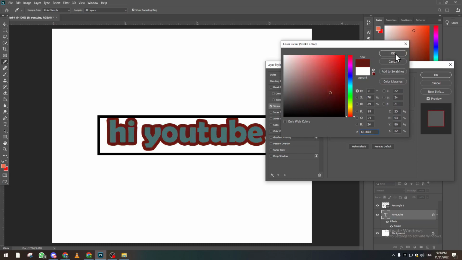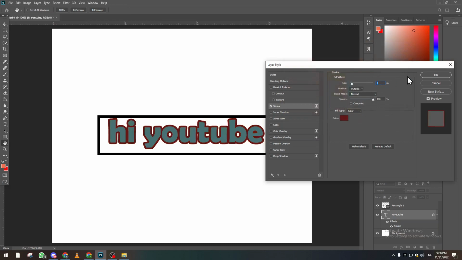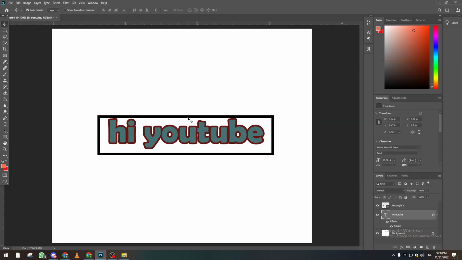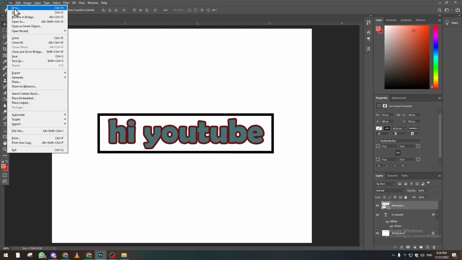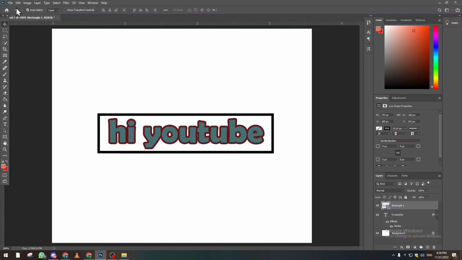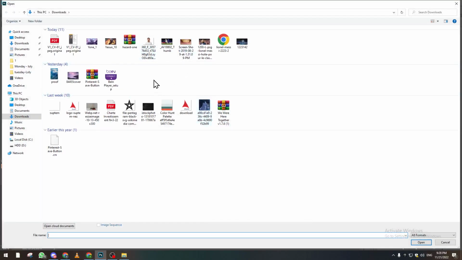or keep it like that, a little bit like that, and as you can see, now there is a border around the text. You can apply this or duplicate this on an image as well. For example, let's drag a new image, open, and let's drag an image